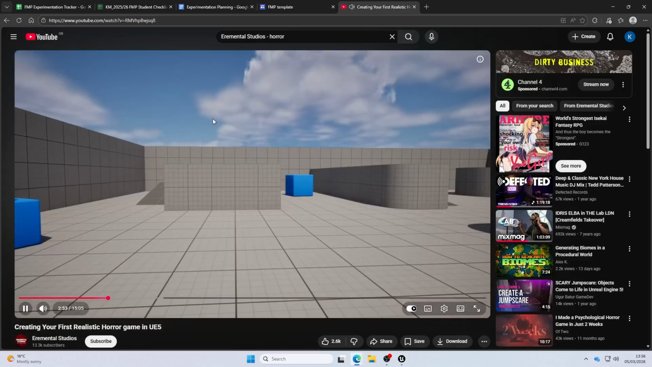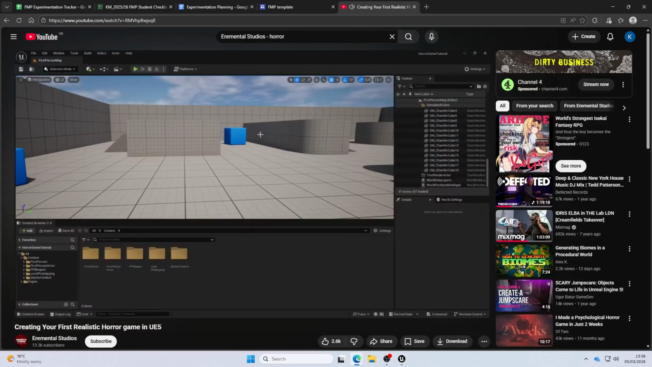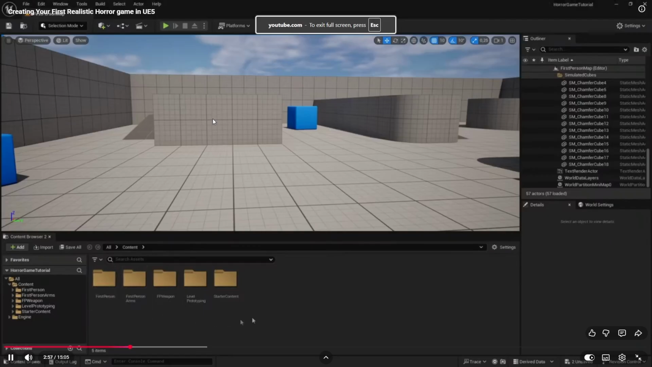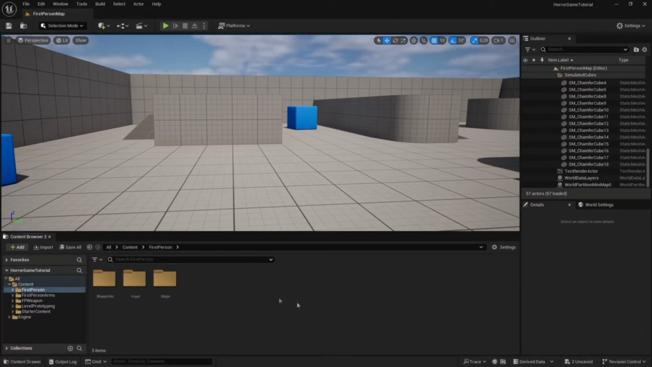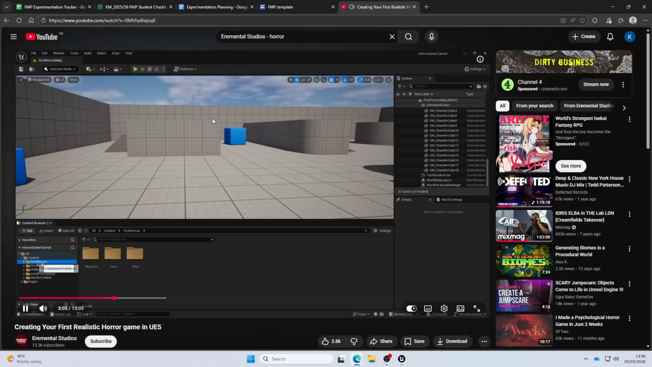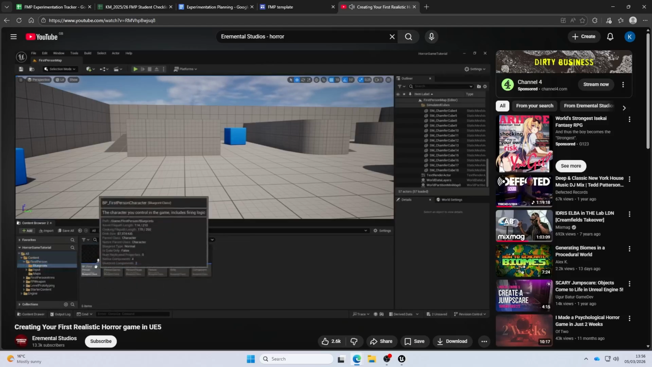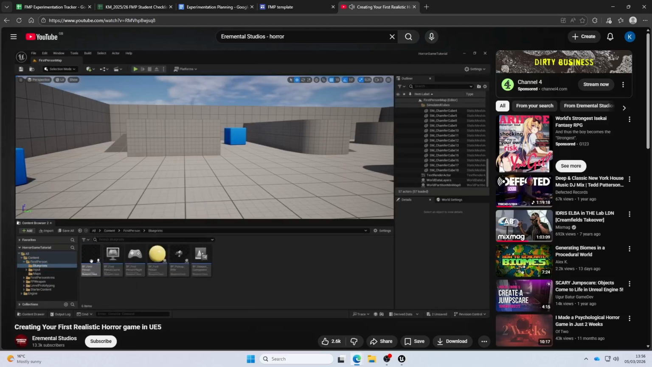So what we'll do is that we can just close out of here, and then we have all of these folders down here. So we just want to open up the first person folder, because in here we have all of the first person blueprints. So click on the first person folder, then want to go into the blueprint, and then go into the BP first person character